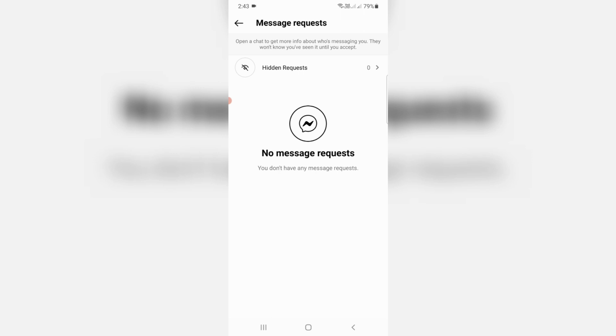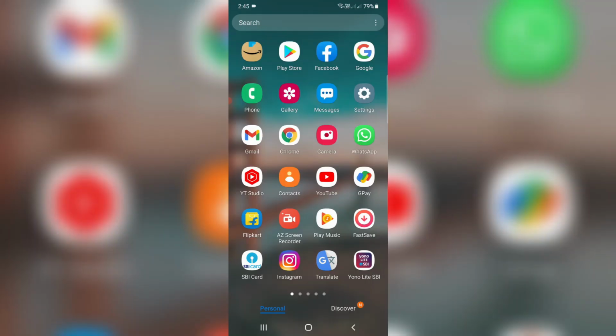So today I will show you how to stop receiving messages on your Instagram. By using this feature you can decide which kind of people can message you via Instagram Messenger, because some users asked me how to prevent messages from unknown persons who also send unwanted messages. If you are a male, this is not a problem. At the same time, if you are a female, this is very risky. So anyway, let's go to our tutorial.